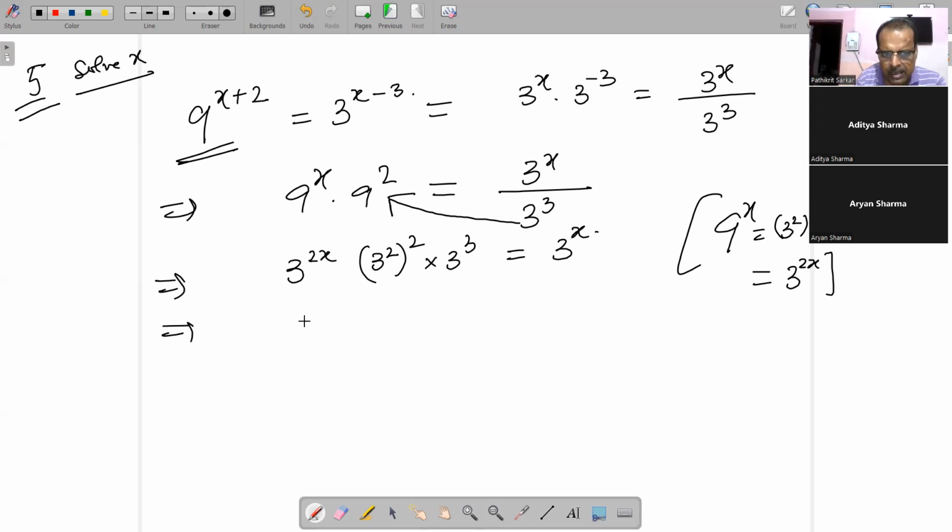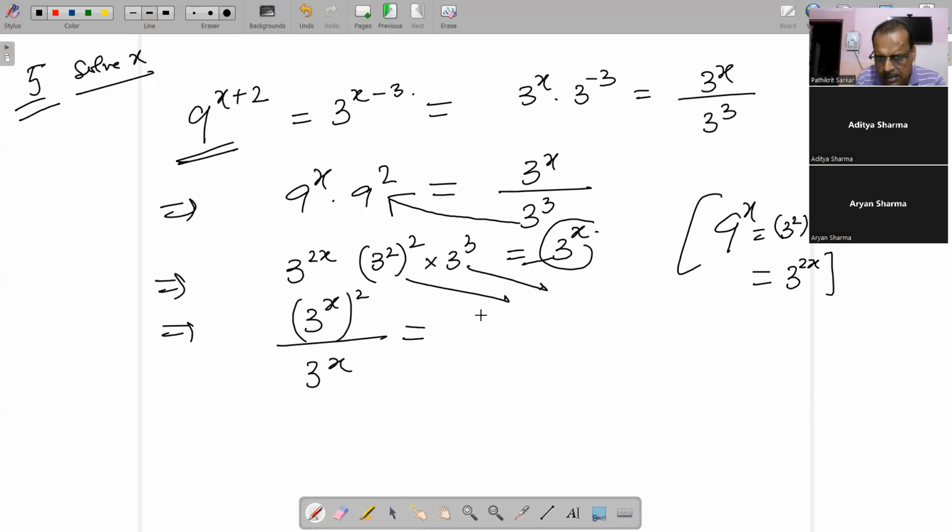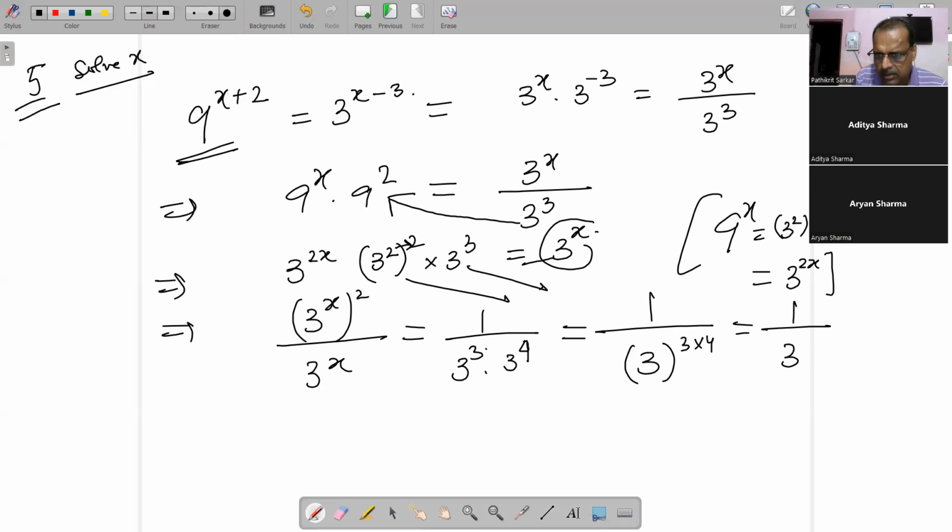ठीक है, अभी क्या करते हैं सर, यहाँ पर 3 to the power 2x जो है, सो उसको हम क्या लिख सकते हैं सर, 3 to the power x लिख के उसके ऊपर x square चापा, और ये जो पोर्शन है इसको नीचे ला के देते हैं, that means 3 to the power x, और यहाँ का जो पोर्शन है उसको नीचे नामा देते हैं, तो क्या होगा सर, ये हो जाएगा 3 cube, और यहाँ पर इसके साथ इसको आप मल्टीप्लाई करो तो ये आ जाएगा 3 to the power 4, तो टोटल जो वैल्यू बनेगा वो हो जाएगा 3 to the power 4 है, that means 3 to the power 3 into 4, ऐसे हो जाएगा। So ultimately it comes down to 1 by 3 to the power 12, ऐसा आ जाएगा।